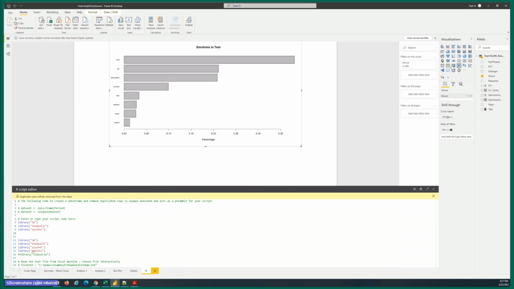So you will notice under visualizations, there is an R script viz and there is a Python viz. Just simply drag and drop these on an empty pane, and then you can put any script you want in the language of your choice, R or Python, and then execute that script, and it creates these beautiful graphs and charts for you.